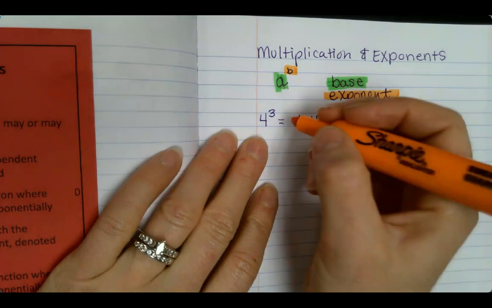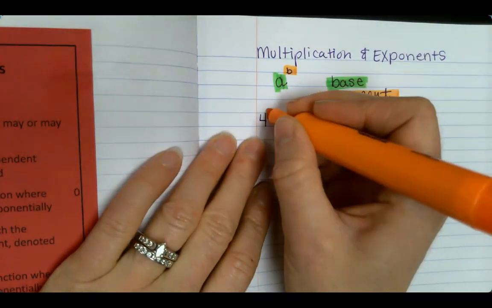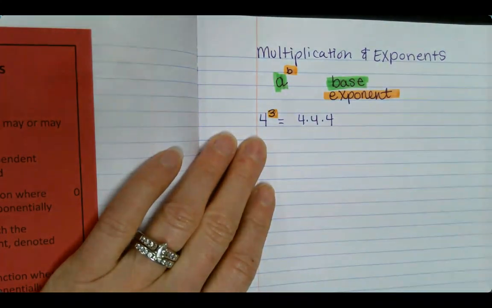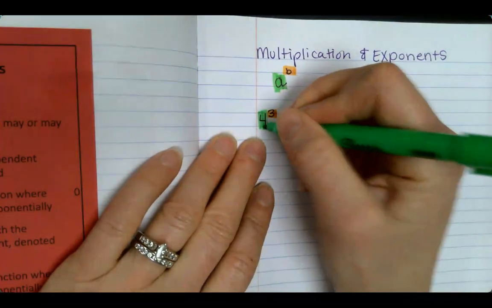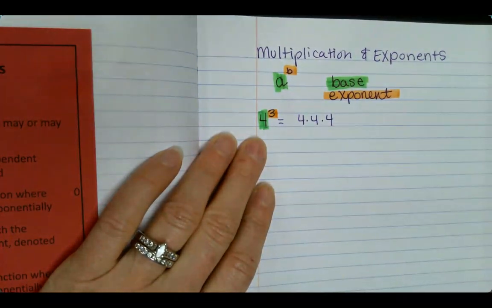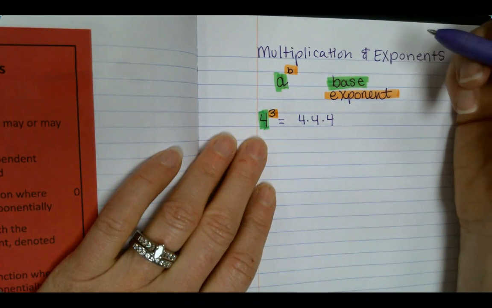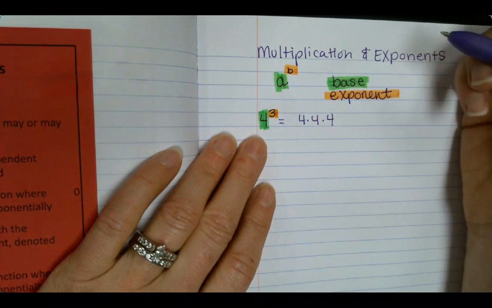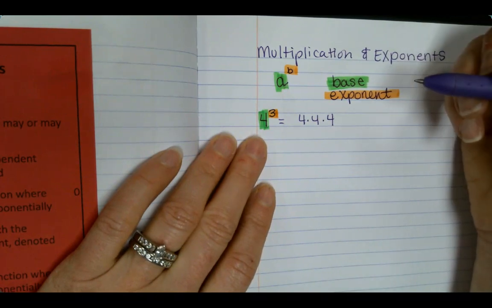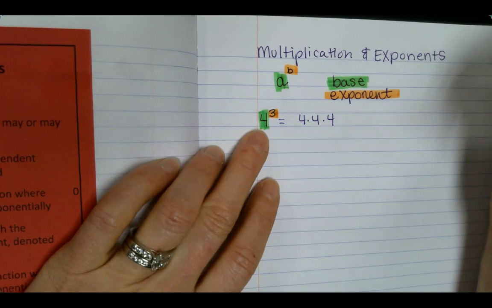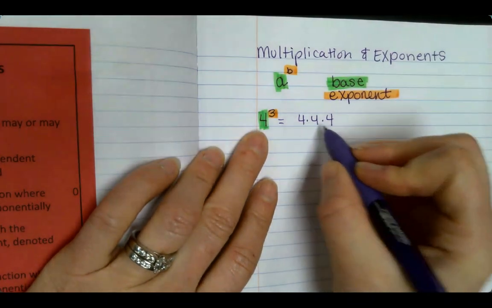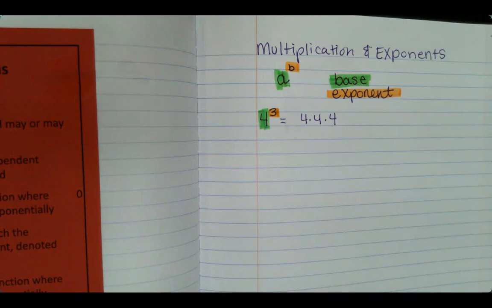So I'm going to go ahead and highlight my exponent orange, because that's the color I picked, and then my base. So 4 to the third means we're going to multiply 4 times itself 3 times. So 4 times 4